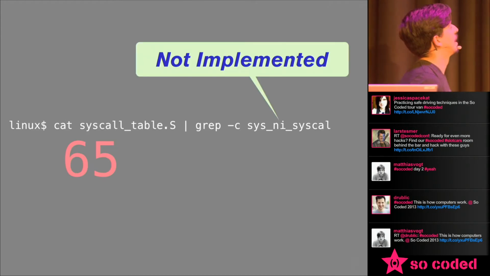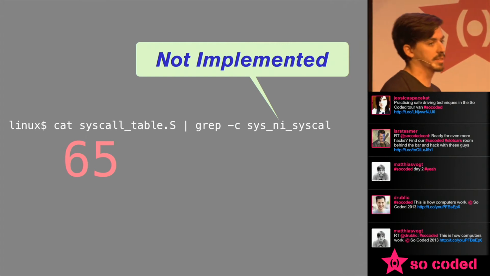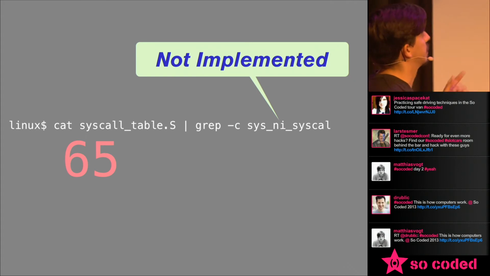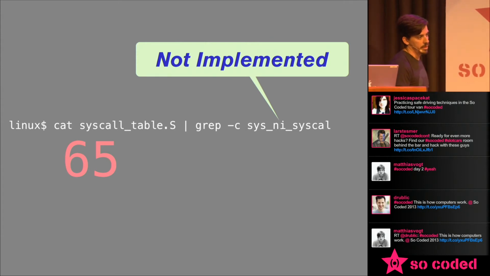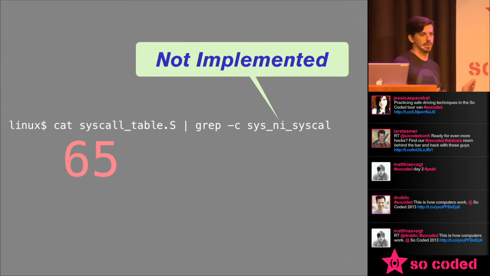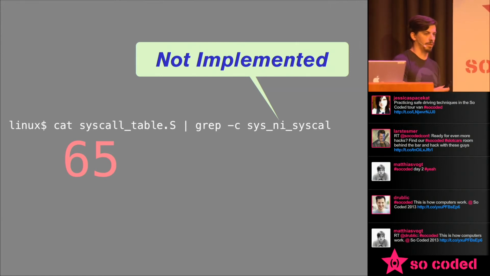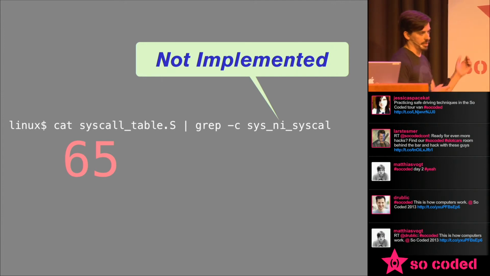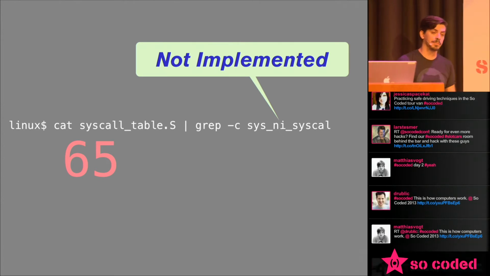So another fun fact here: of those 326 system calls that exist in Linux, 65 of them are implemented as the sys_ni_syscall, which stands for not implemented. The way that the syscall table is built, it has to be linear, it's complete. So if we deprecate a syscall, reserve one for future use, or one's implemented on one platform but not another, you still have to fill in the blanks. So 65 of them aren't actually implemented at all. They don't exist. There's only like 260 left.